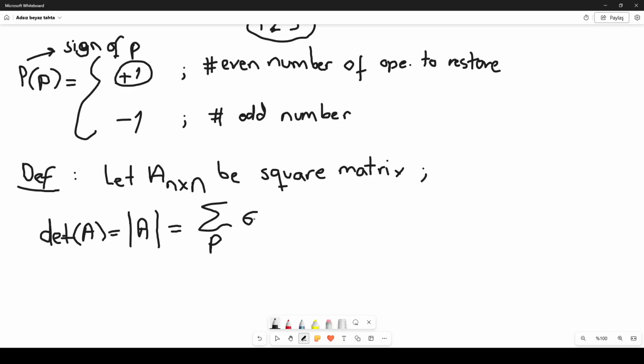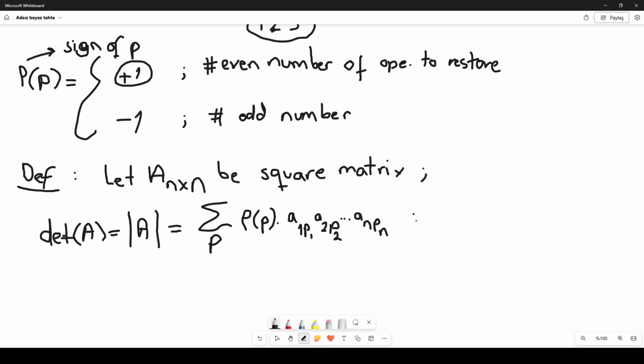And in this summation, rho P is the sign of the permutation, times a multiplication of the elements of the matrix in this form: A1 P1, times A2 P2, multiplied by An Pn,